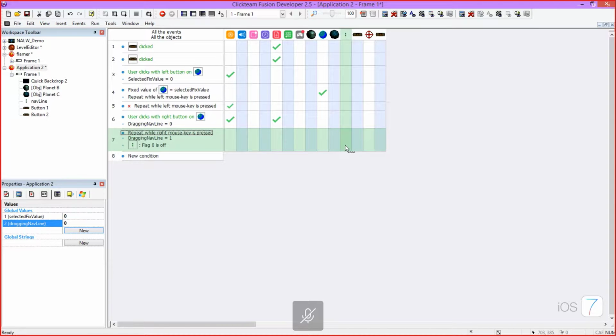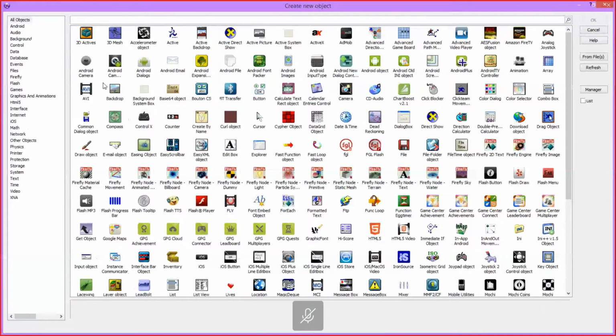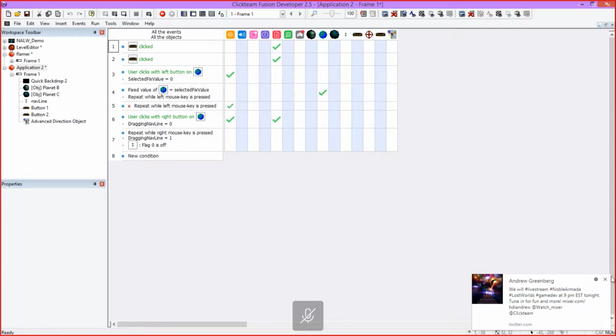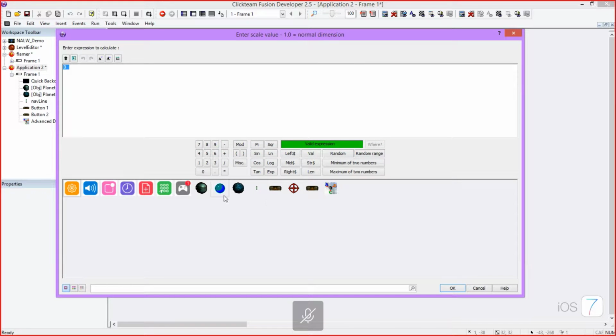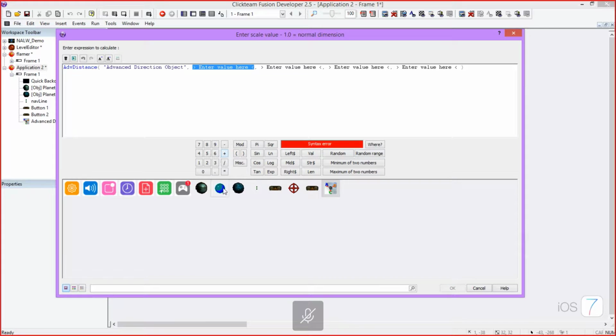And then what we do is we grab another object so we can do the math easily, because why do it hard? Advanced direction object will give us some distance. Nice, cheap. And then we'll start with scale. We'll set the scale, and we're going to go with X scale only. And we're going to say, set the scale to distance between 2 points. We're going to go with decimals. And the first value will be,